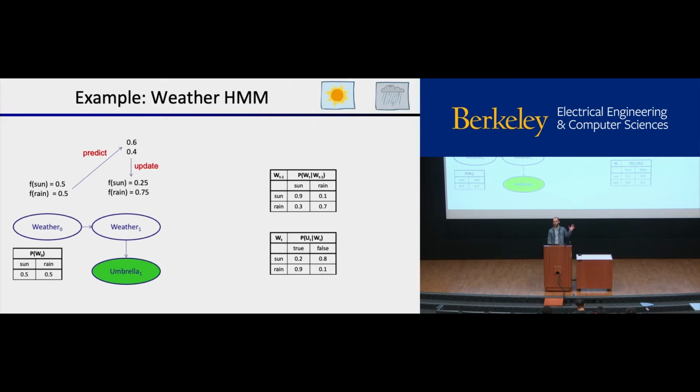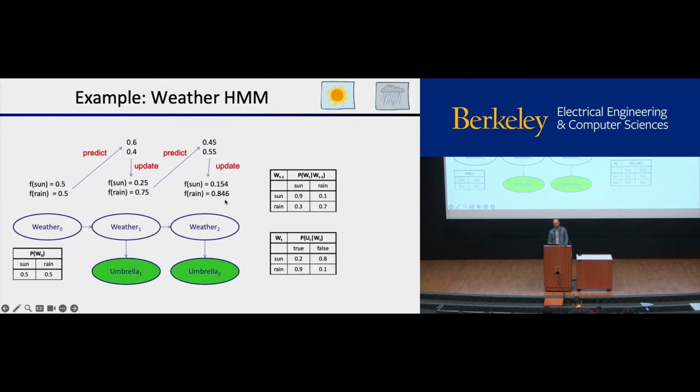So remember, I decomposed the step into predict, update, normalize. Here's predict, there's update, and that's update and normalize, I guess. That's done in one step. So first you'd update, you'd multiply both of these times some numbers, and then you renormalize. Now we go on to the next one. We predict just based on the transition matrix, and then we update. And we can keep doing these steps alternately with normalization folded into this update thing, and we can keep coming up with a running estimate of the hidden state, that is the weather.